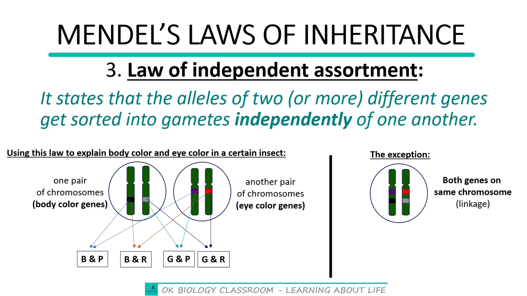Although in Mendel's experiment it worked, in the new findings we have realized that it doesn't happen in all cases because of what we refer to as linkage. So that doesn't allow certain combinations in the formation of offspring. So like this, black always goes with purple and gray always goes with red.